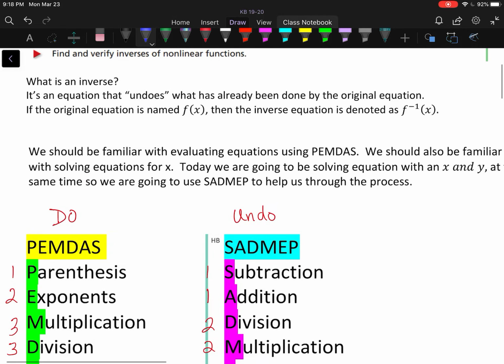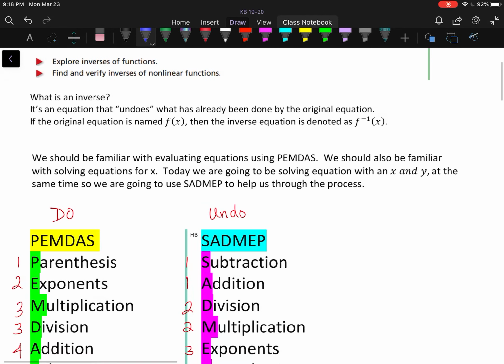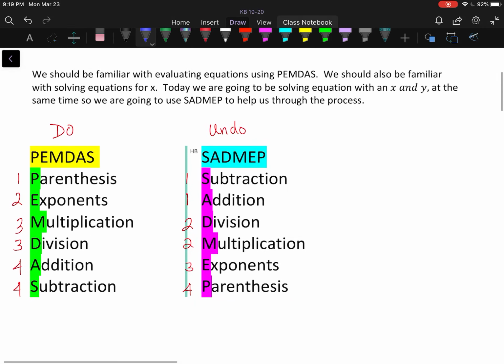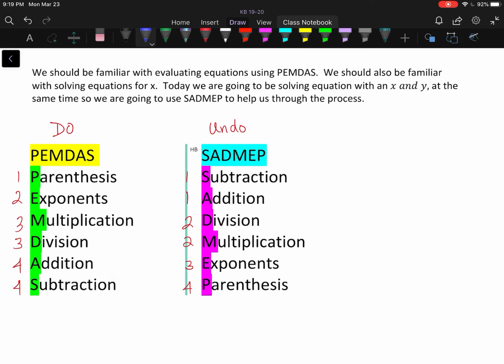We should be familiar with evaluating equations using PEMDAS, which we can think of as the do process. We should also be familiar with solving equations for x. Today we are going to be solving equations with an x and a y in the equation at the same time, so we're going to use SADMEP to help us through this process. If you're unfamiliar or just forgotten PEMDAS, please excuse my dear Aunt Sally. We go through these steps: parentheses, exponents, multiplication, division, addition, subtraction, and then SADMEP is basically the list